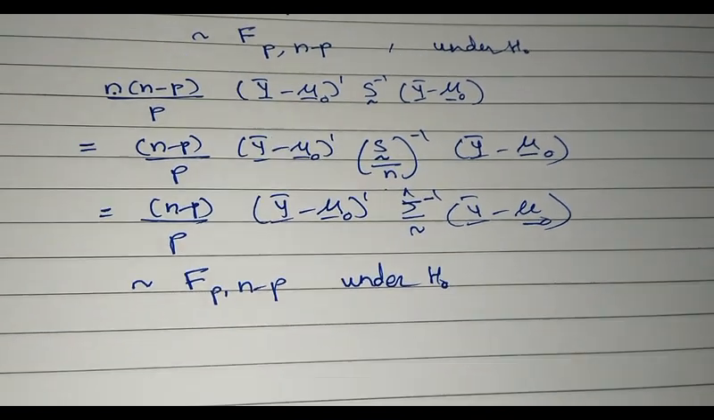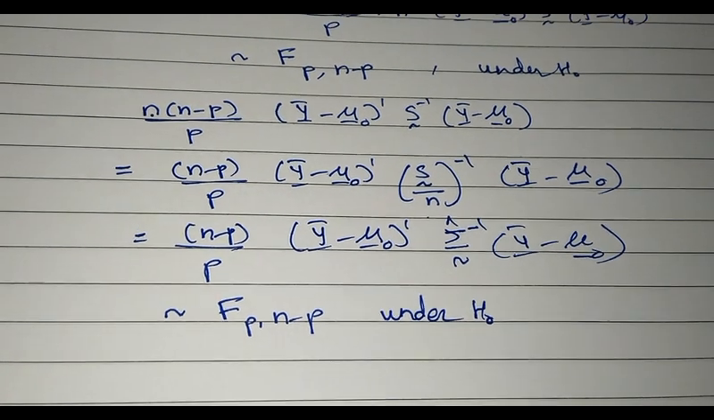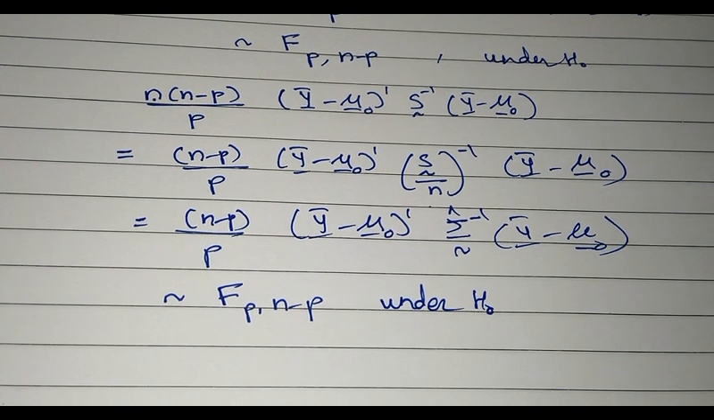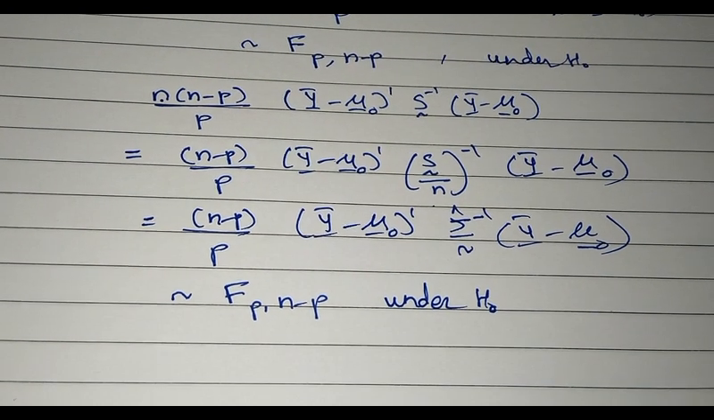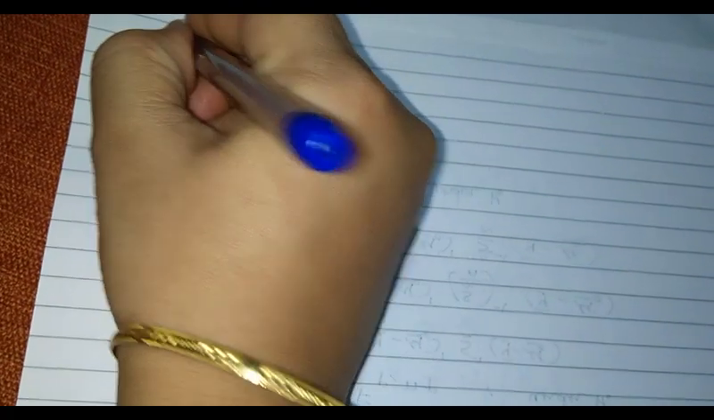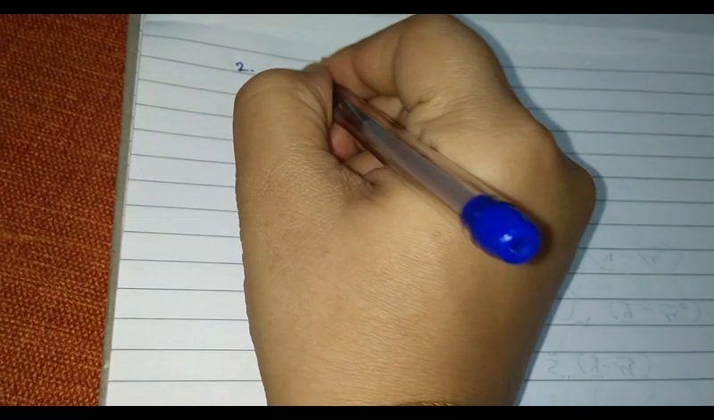So this is the first application of Hotelling T square, that is a single sample case where you have to test whether the given multivariate data has the given specified mean. Now we will go to the second application. The second application is equivalent to your two sample test. So let me have